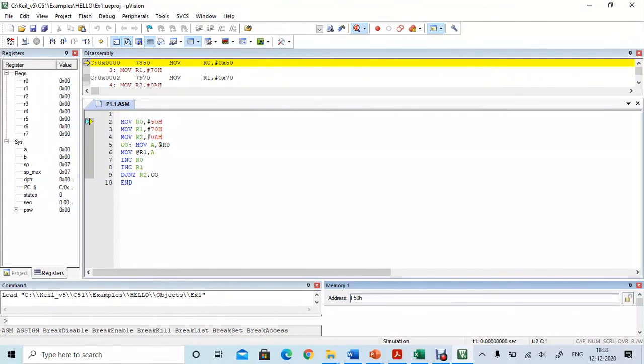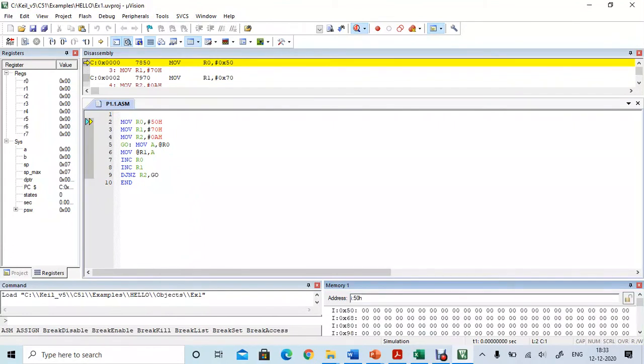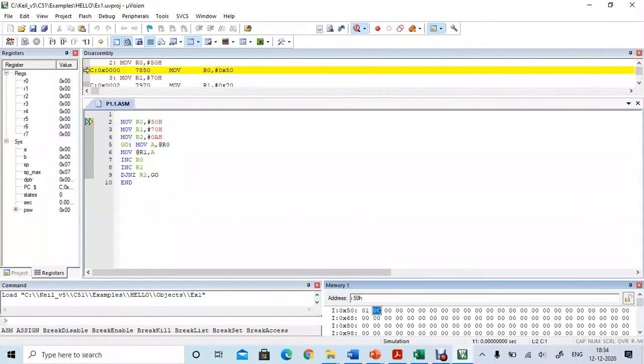After entering we have to press enter. Now we have the address starting from 50H. I have to enter the input to the particular location. I can double click on each memory location and press the numbers which can be given as input.